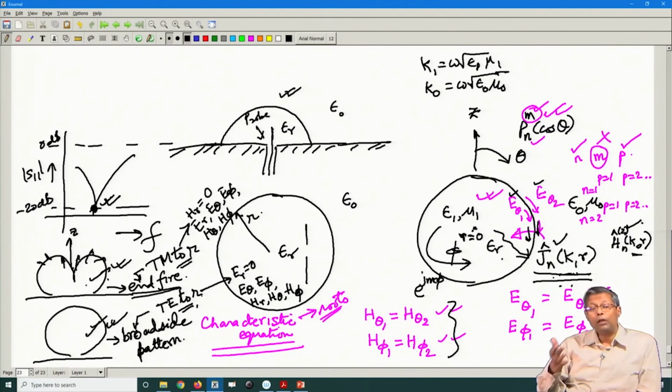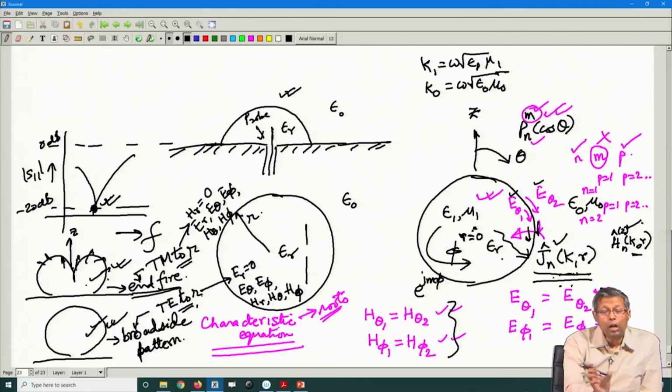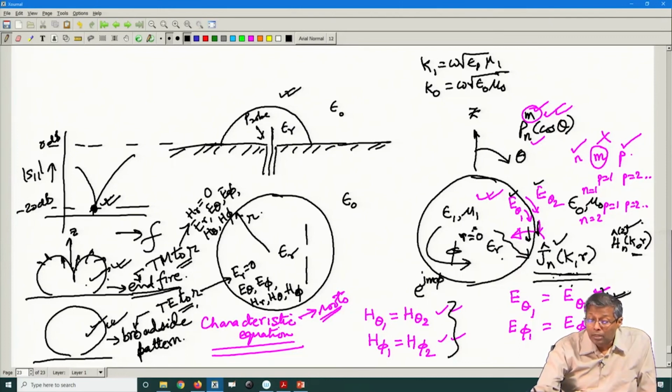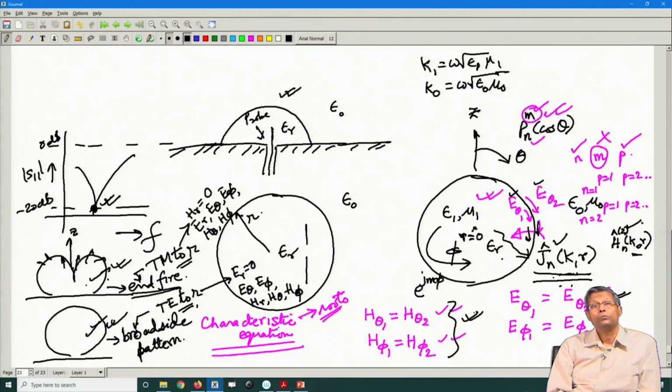Typically the vendor will give you the specification, this is the pattern I want. So, you want to start from that mode, I want to excite this mode, then you design your feed, where and how you will put the feed, and find the resonant frequency from the characteristic equation which is obtained from here. So, the source free resonance is very meaningful, because it helps us to design the system and gives a physical insight into the system,